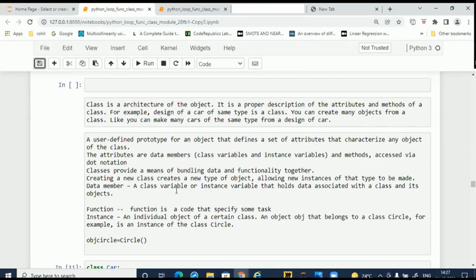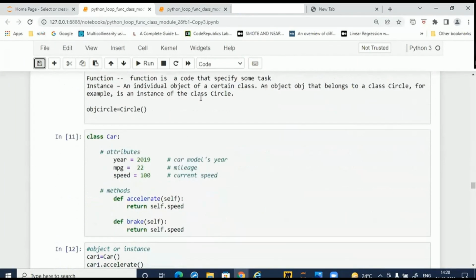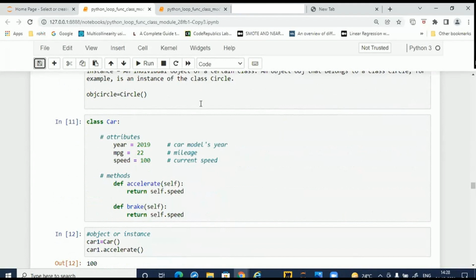So now let's work with the entire class: how to write the class, how to write the data members, how to write the member functions, how to pass the values, and then how to call it. So step by step, we are going to do it here. I'm taking a very simple step by step approach, bit by bit, because